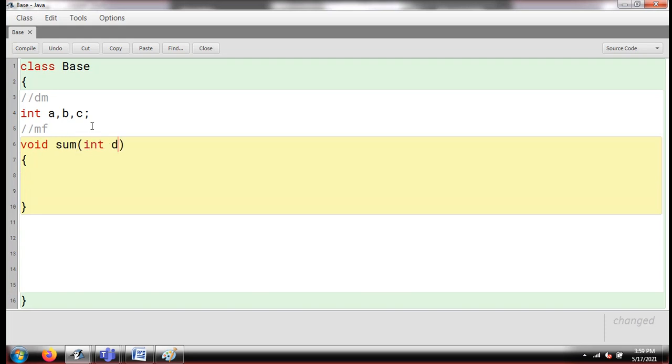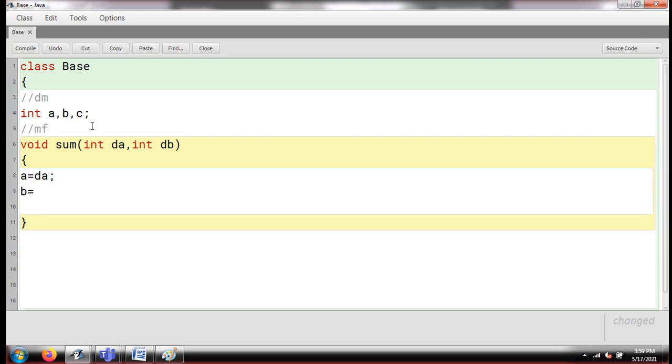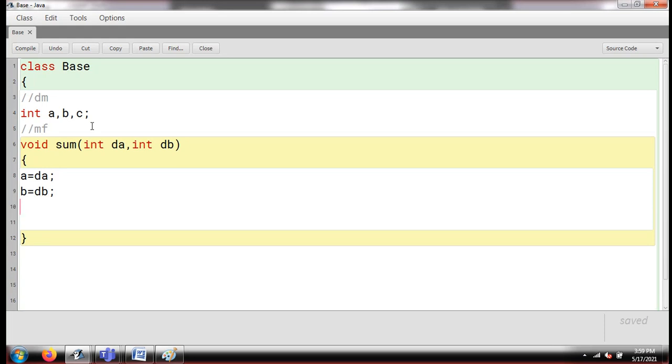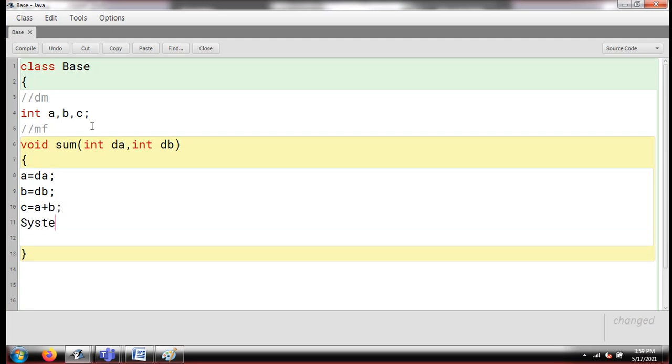So I simply write here dummy of a, and this is dummy of b I have written. And what I'm doing, simply, in a I'm passing my dummy of a, and in b I'm passing my dummy of b, and I just add and print my answer. Or I just do the entire thing in c. I write c is equal to a plus b. I have done the addition and I'm just going to print the answer.